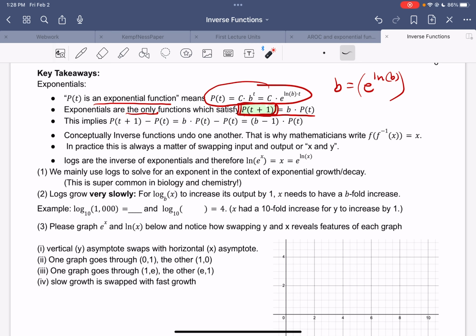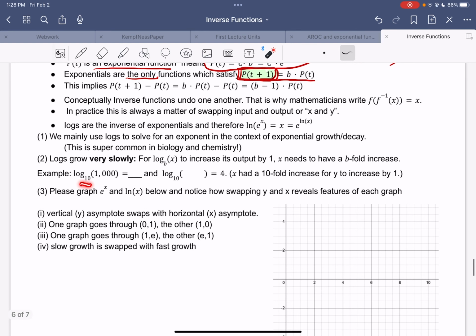We want you guys to get some practice with it. Also, just for some intuition on logs, logs grow very, very slowly. To increase an output by 1, you should think y value, to go up by 1 unit, x needs to have a b-fold increase, and this b is the base of the log. So if your log base 10